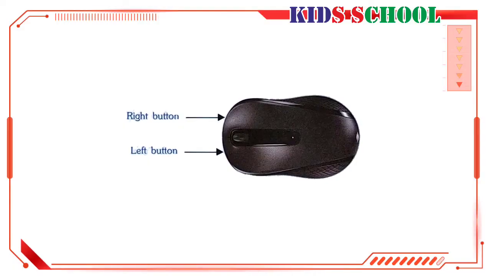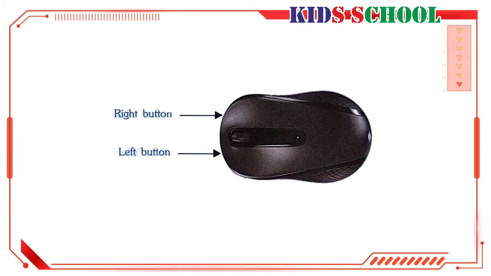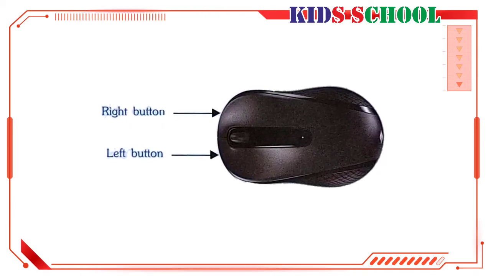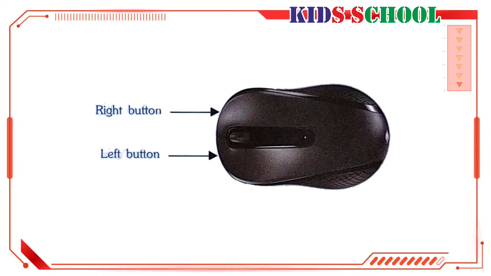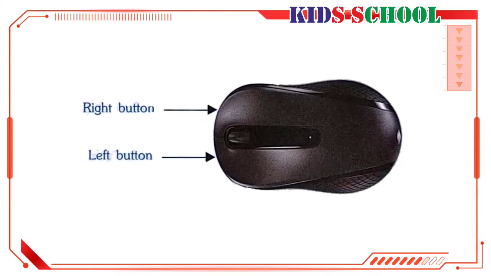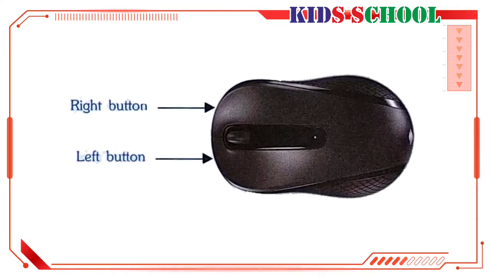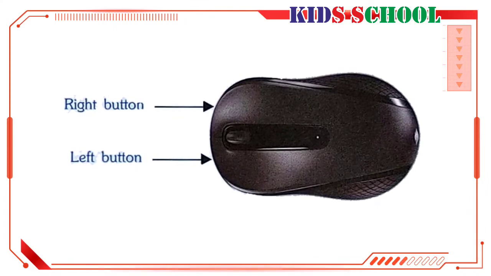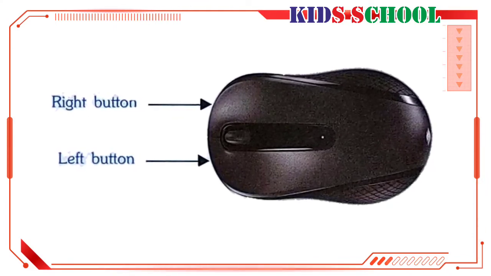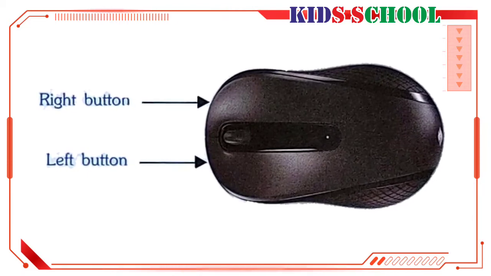Mouse. The mouse is a small plastic device with 2 or 3 buttons on it. It is kept and moved on a mouse pad. The mouse is used to point to a particular place on the screen and so it is also known as the pointing device. Nowadays all the instructions or commands are present on the screen of the computer. If you want to give a particular command to the computer, you just have to point the mouse on that command and press or click the mouse button.